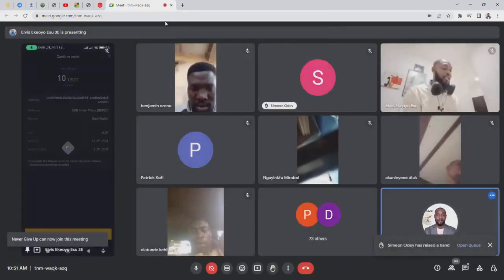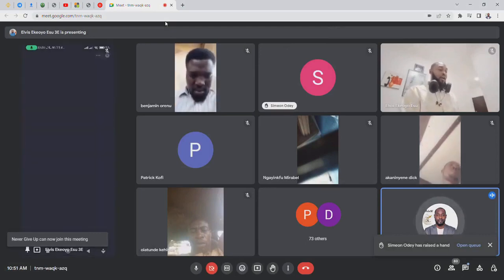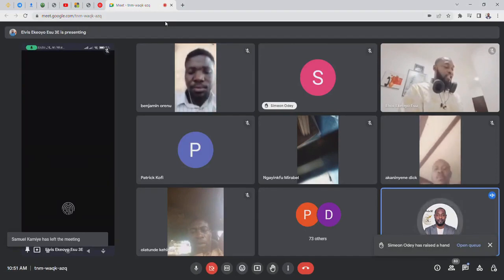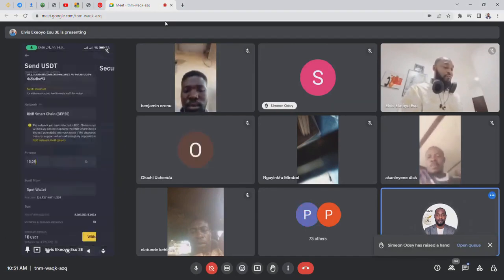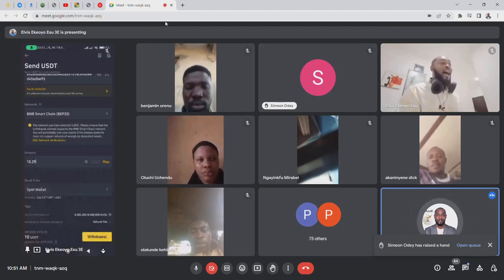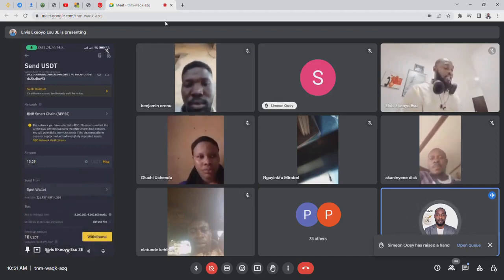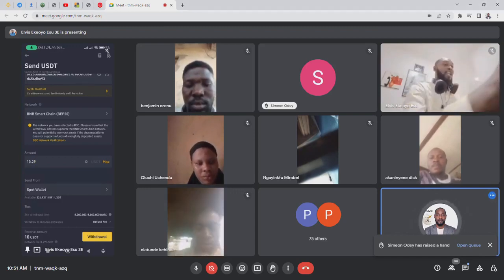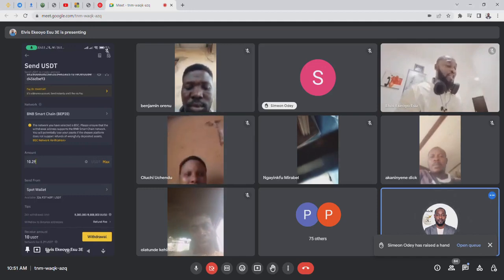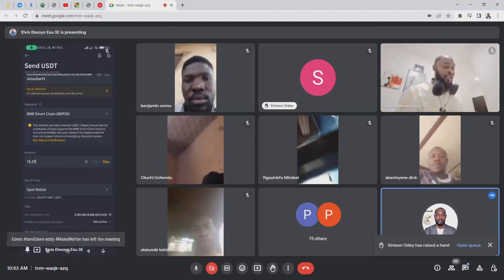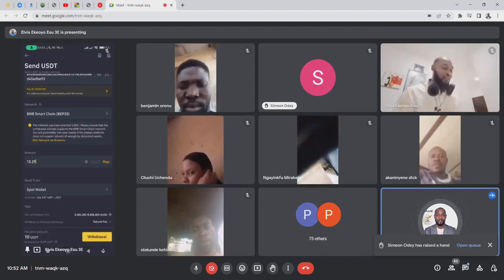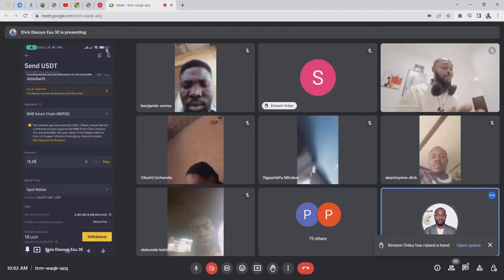On the issue of how to transfer out, this is as much as we can go. So every other thing that I'm going to do now is going to be very practical. I've guided you to where you need to withdraw out of the system if you have